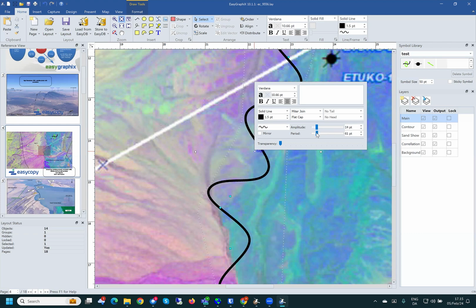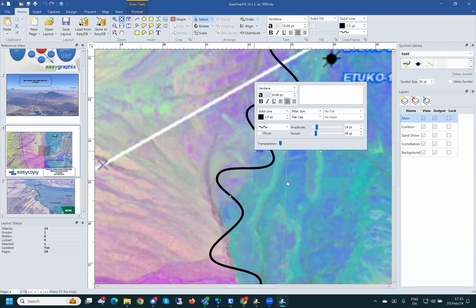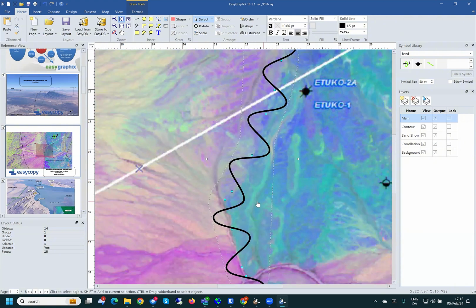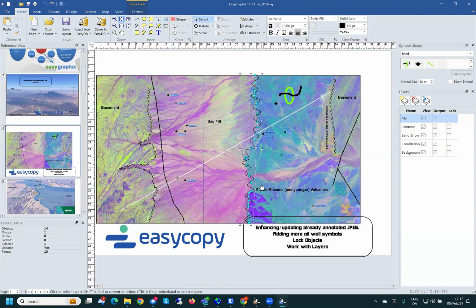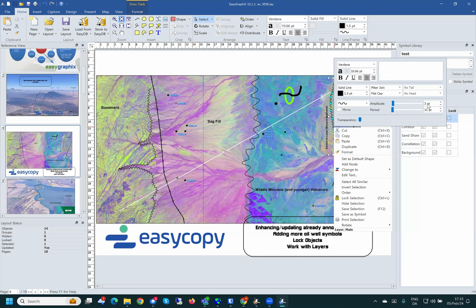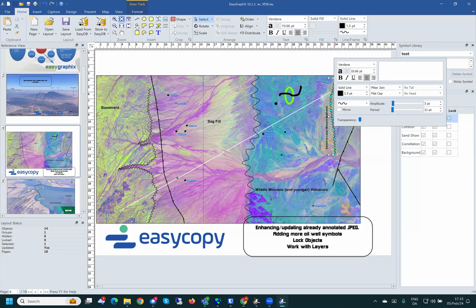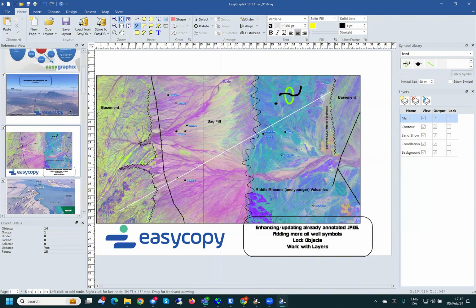You can see here, depending on how it should look, you can change it to match. It was more beautiful before. So I should have taken a note about how the setting was, and you can see here it's 3-point amplitude and 11 at the period. But it is like drawing 3 and 11, I remember that. So it is like drawing a line,